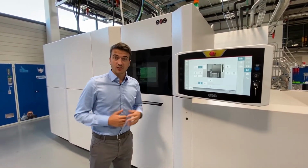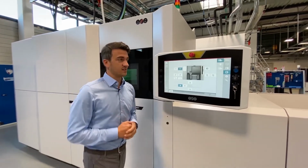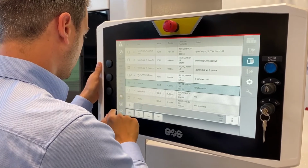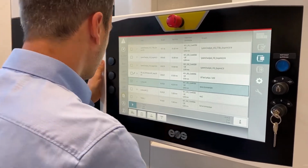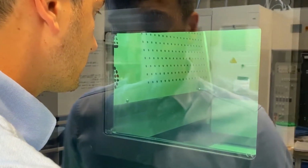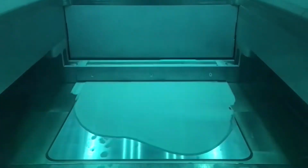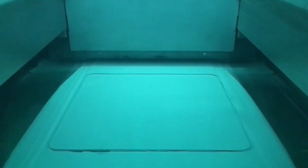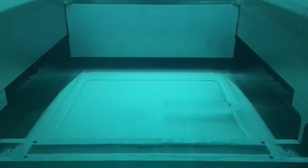And now let's start a build job. It has never been so easy. Once the build platform has been inserted and the process conditions have been established in the machine, the new automated job start feature applies the start layer step by step in a very reproducible manner until the exposure of the first layer begins. The powder is applied by 2 recoater blades, one for forward movement and the other one for